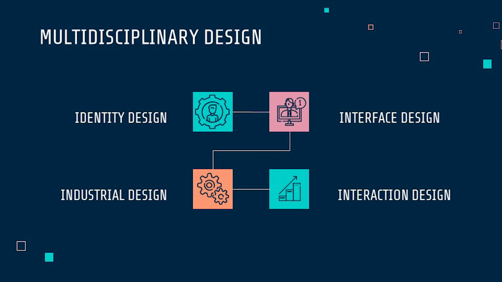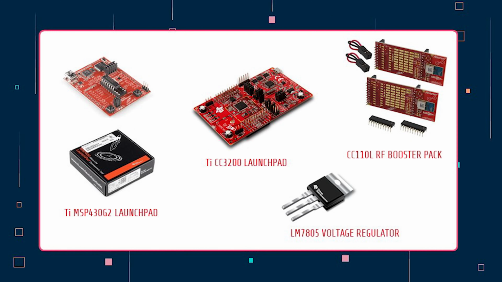And finally, interaction design. Interaction design is used to determine how the various user interfaces fit and flow together as a whole. Because when using a device, people need to understand how to accomplish their goals and they need to know what choices are available and how to make them.